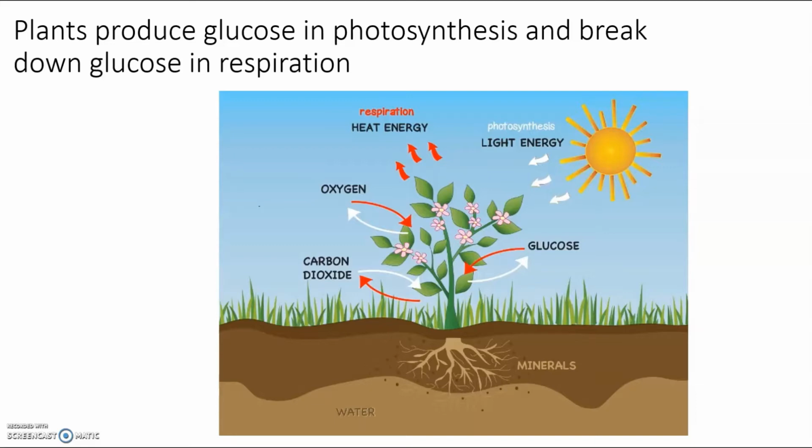how consumers then break down that organic matter and get energy out of that, and they do that in the process called respiration. So I just really want to remind you once again that plants do both, because some students tend to think or sometimes forget that plants also do respiration. So both these processes take place inside a plant. The plant first, in photosynthesis, produces its own organic matter, and then it breaks it down in cellular respiration. So that's important to keep in mind.